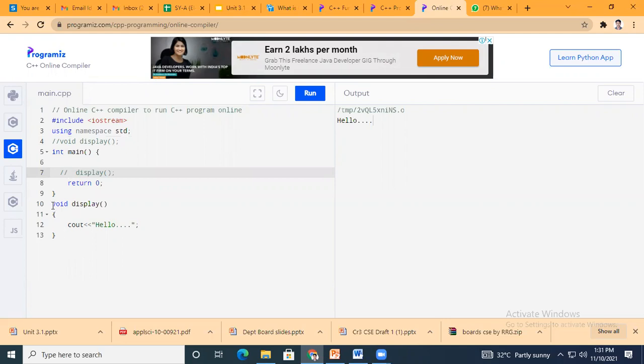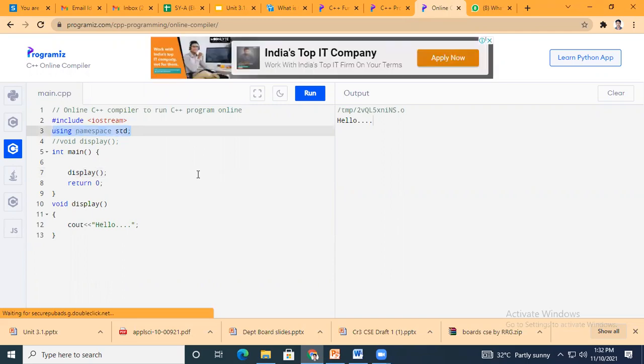That's it, the body of the function. Neither have you declared it, nor have you called it. So if you have not called the function, it will not display anything. It will be just a line of code. Okay, so you need to write here the name of your function in the main function, right, to call that function. And one more thing, write this line: using namespace.